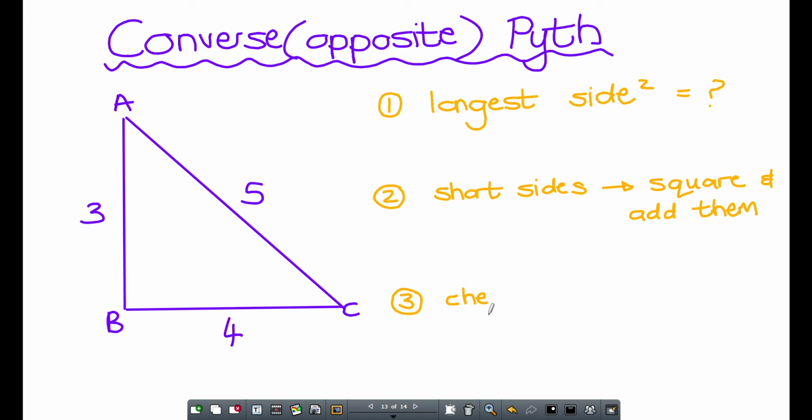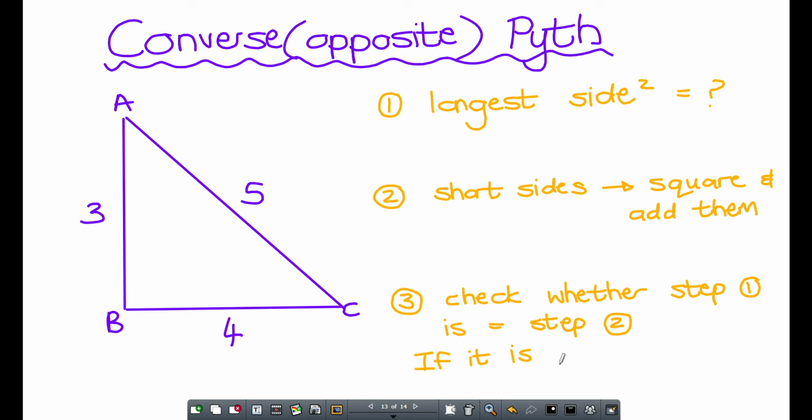We must check whether step 1 and 2 is equal to each other. We're going to check whether step 1 is equal to step 2. Because if it is, then we know that it would be a right-angled triangle. Okay. If it is equal,